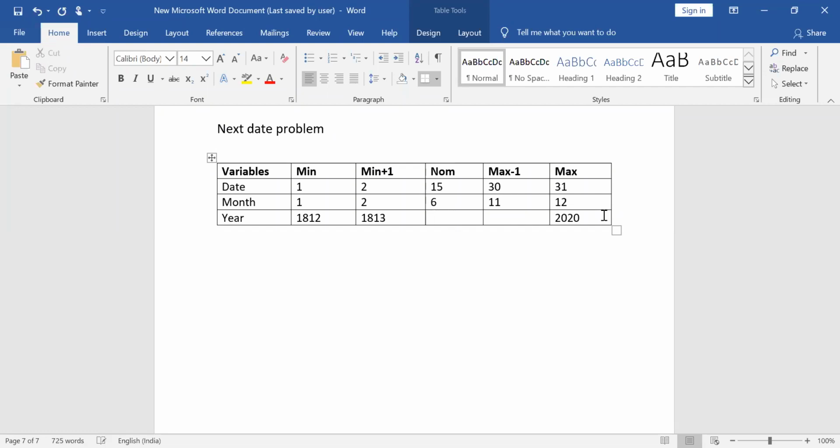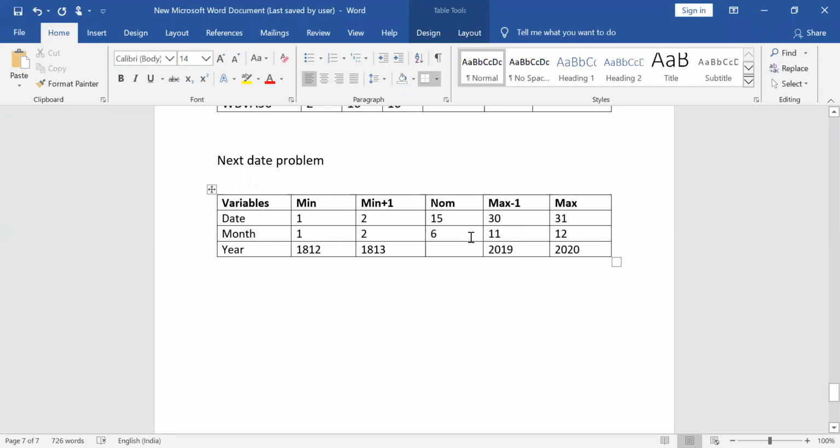What will be the value if you calculate and tell me? I can just write it over there. Just 2019 will be the previous. What will be the nominal value? 2020 plus 1812 divided by 2. What is the value? Anybody? 1916. Okay. I'm very weak in mathematics, so whatever input you give, depending on that, I'll just write it. So this is my table.